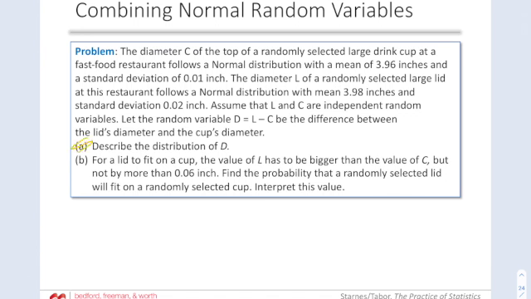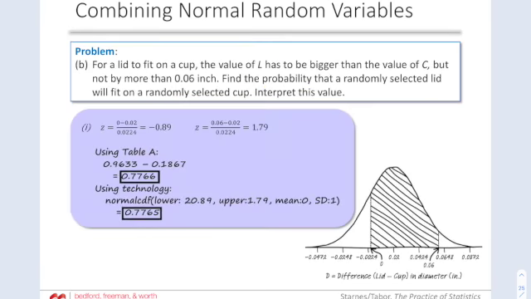So we did A. Part B. For a lid to fit a cup, the value of L has to be bigger than the value of C. Right? The lid has to have a larger diameter than the cup, but not by more than 0.06 inches, because if so, then it just comes right off. It doesn't snap on. So find the probability that a randomly selected lid will fit on a randomly selected cup. So remember, it needs to be no more than 0.06 inches larger, and then interpret the value. So finding the probability that it's no more than 0.06 inches,